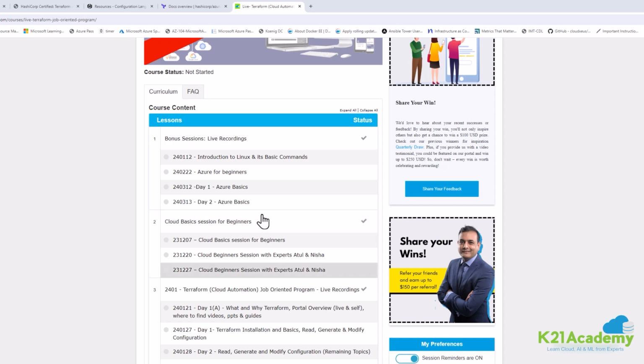So once you have completed the training, and you feel that you are okay, ready for the exam, then you can ask K21 team to give you access to some of the sample questions. So they will give you access to sample question bank. So that was something which is like a mock exam for you. Okay, so you can use that sample exam questions to do a mock exam and see how much prepared